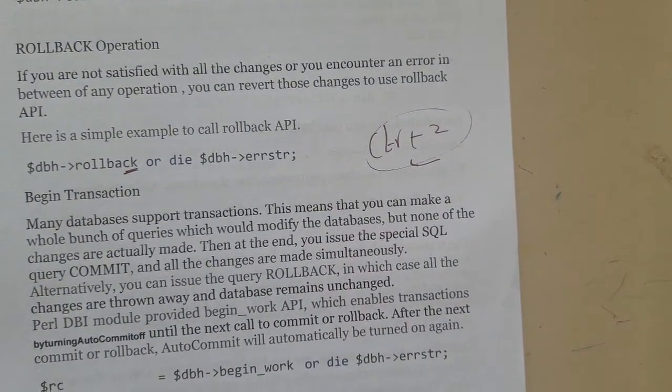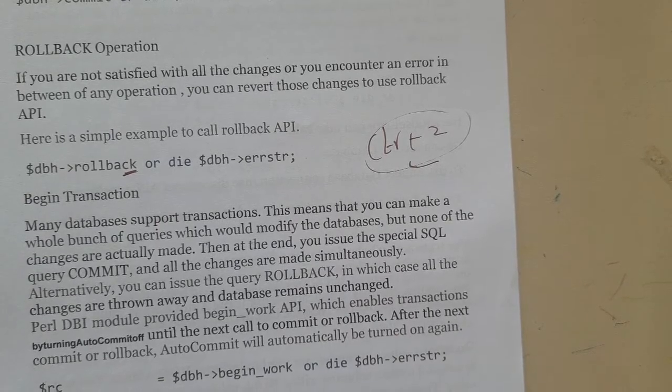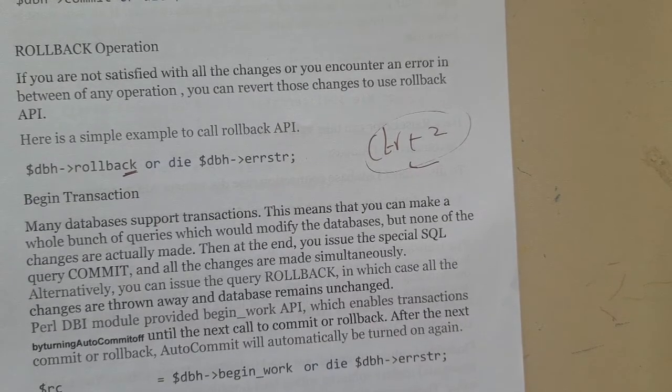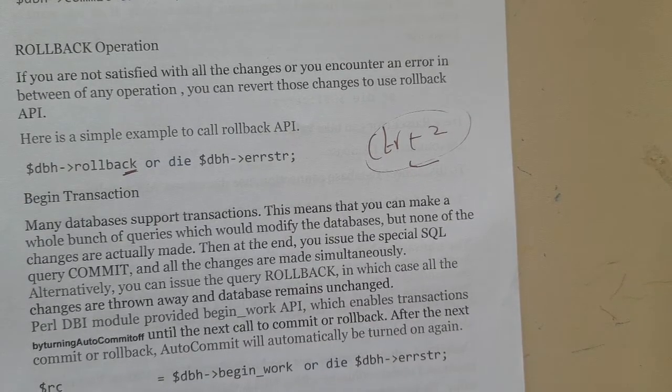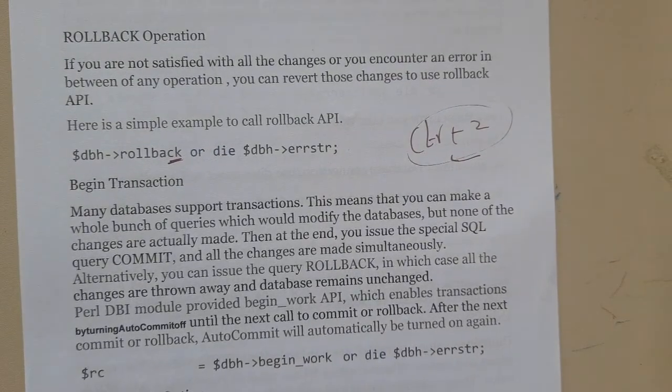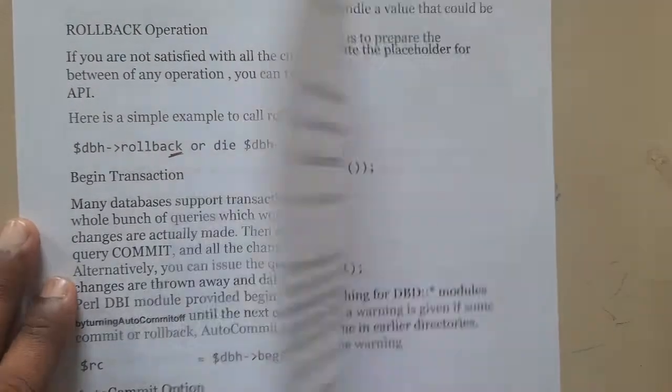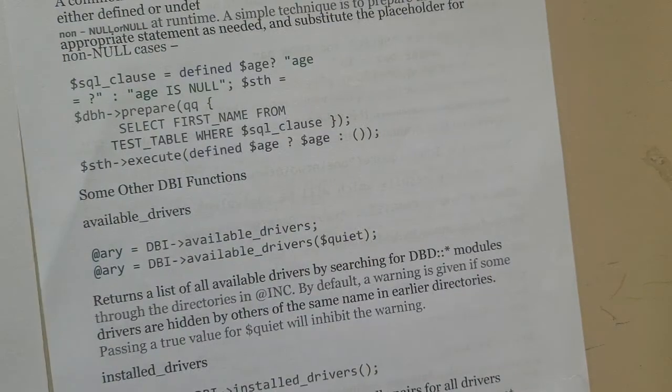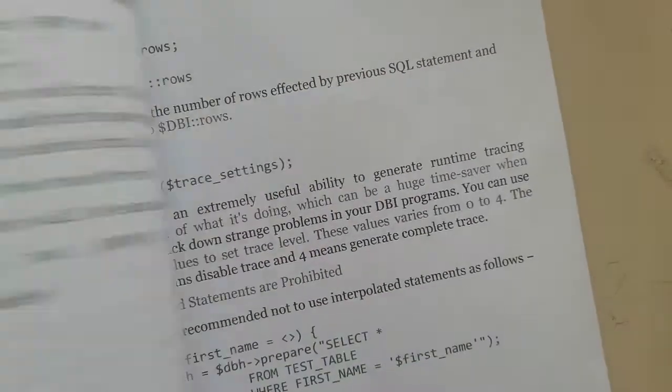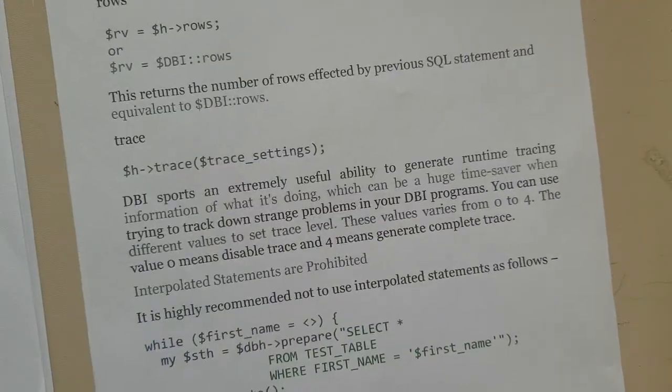Remember that once you have committed it, you cannot roll back, guys. That's the main thing that you should remember. Until you save it, you can roll back, but once you commit it, you cannot roll back. So this is just an introduction, guys. For some more examples, you can refer to this PDF or check the Tutorials Point website, it's available. I think this is directly collected from there.